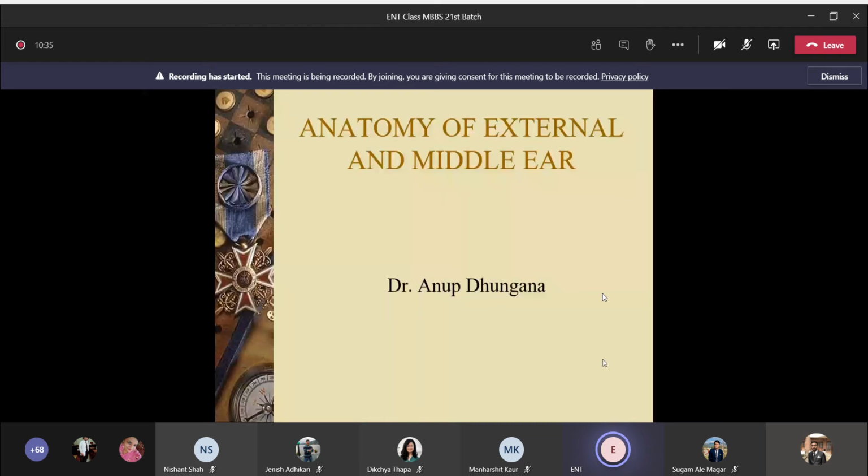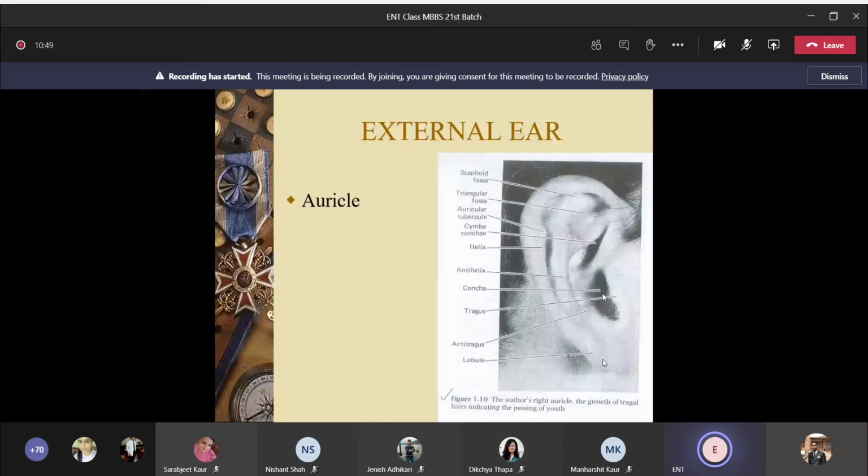So in ENT, you have to study ear, nose, throat, and we'll start the course from the ear. So today we'll be dealing with the anatomy of the external and middle ear. Now coming to the external ear,